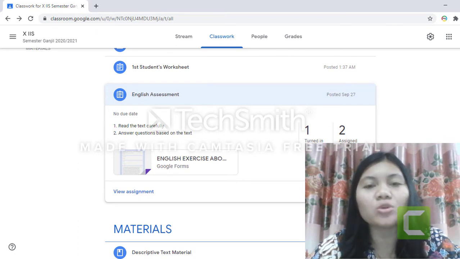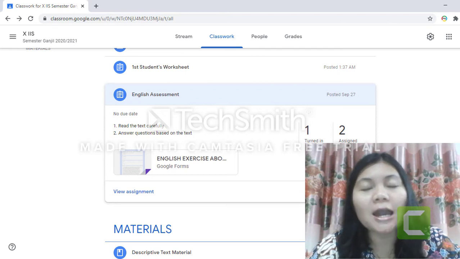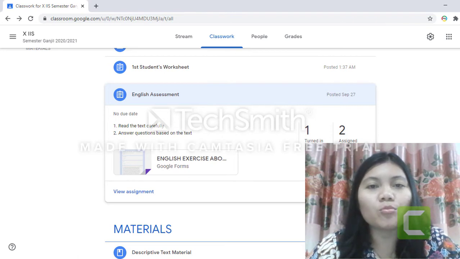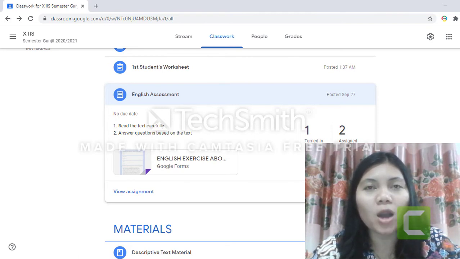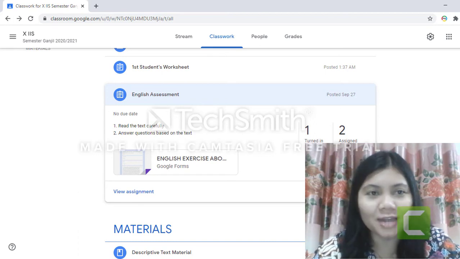Jadi kalian akan buat sebuah video singkat tentang monumen bersejarah ataupun objek wisata. It's up to you what kind of monumen apa, jenis monumen apa atau historical monumen apa yang mau kalian buat ataupun objek wisata yang mana yang mau kalian pilih. Terserah kelompok kalian.